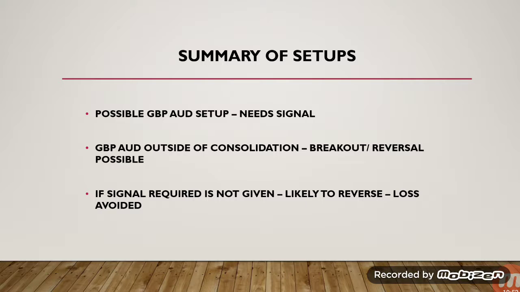And overall, the main lesson from this, especially from the yen pairs, is that if we know what is required from the market in terms of a signal based on the setup, we have to wait until that signal is given. Anything else that is given is going to lead to the possibility of a reversal in the absence of that signal. So it's very important to know what type of signal is required in each situation, in each scenario that we're looking at, so that we avoid some of the market traps that the market sets that can lead to